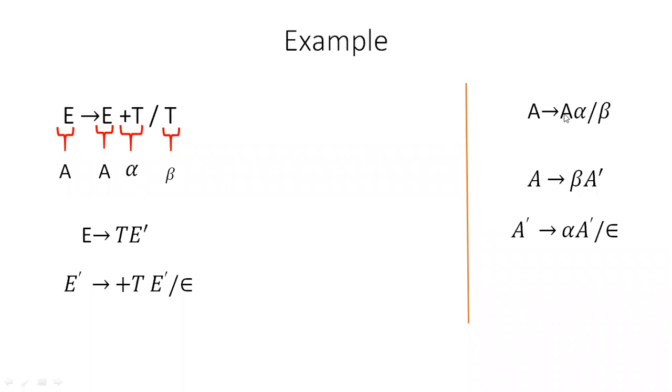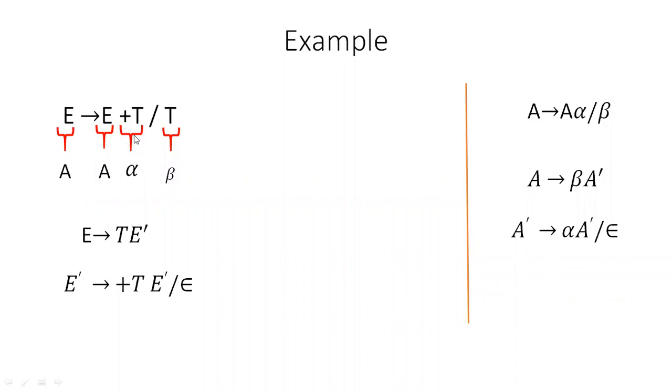Means A tends to A, like that. E tends to E. So this rule consists of a left recursion. Now I am eliminating this, by mapping the syntax with the production rule E tends to E plus T or T. A tends to A, and the remaining thing is an alpha, or it is a beta. And substitute what A is, what beta is, what A dash is. A is nothing but an E here. E tends to, what beta is, T, and E dash. E dash, and E dash is alpha.